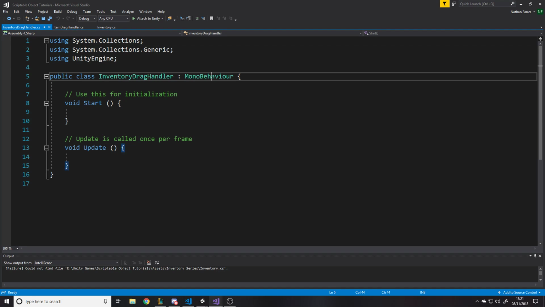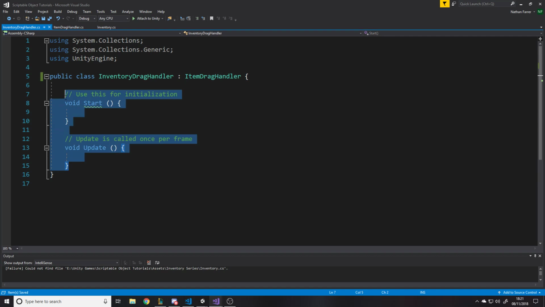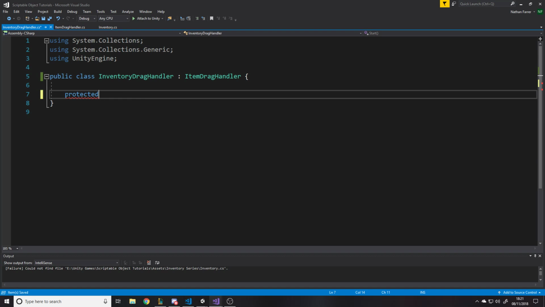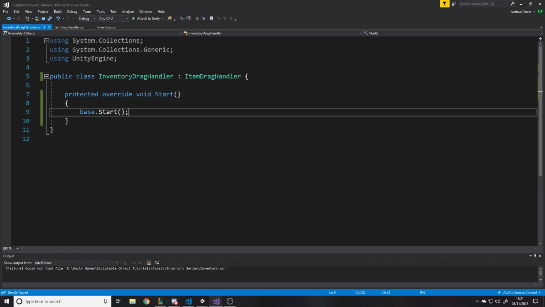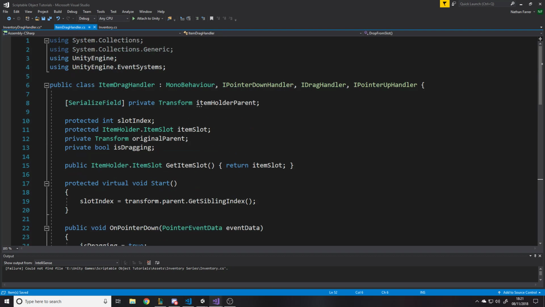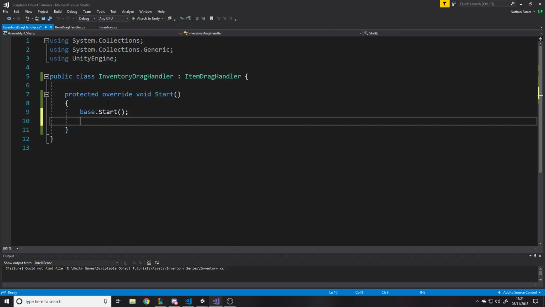We're going to have a protected override, which means we can overwrite the code that's already there for the start method, and we're going to run the start method, so we run this code anyway, and then we're going to do our own code, which is finding the item